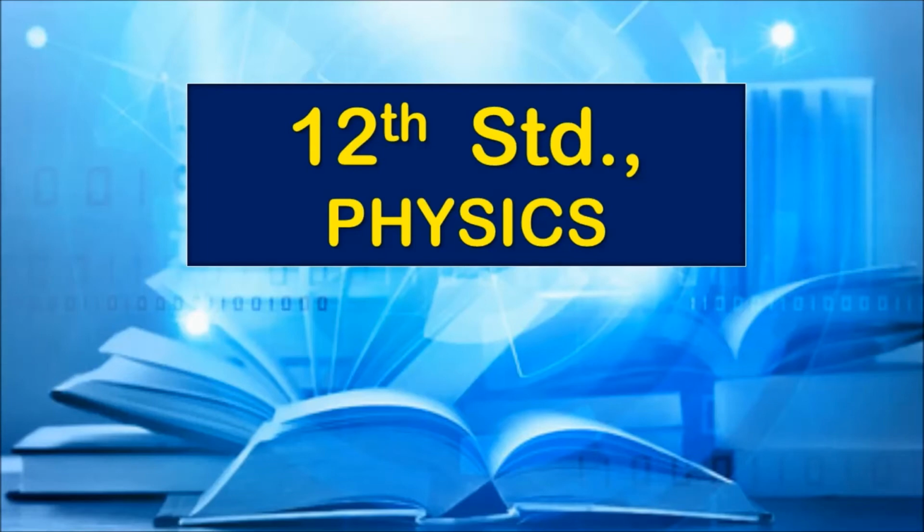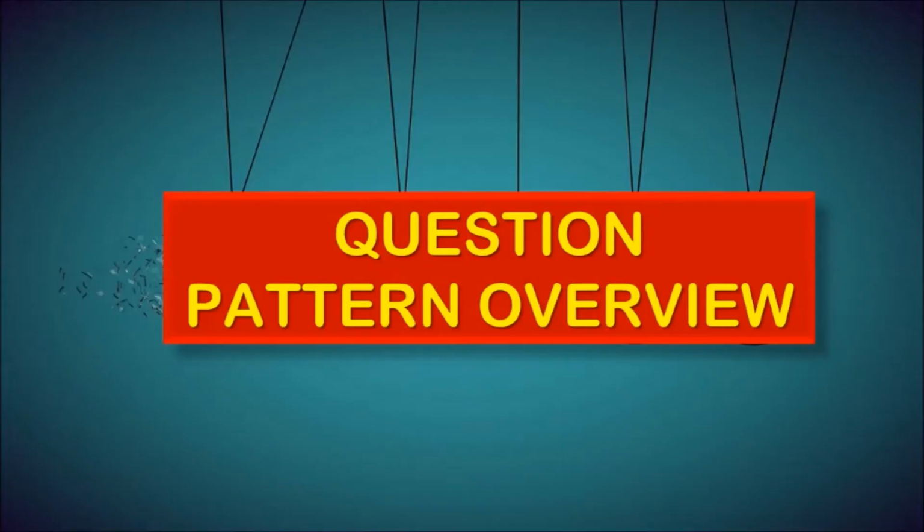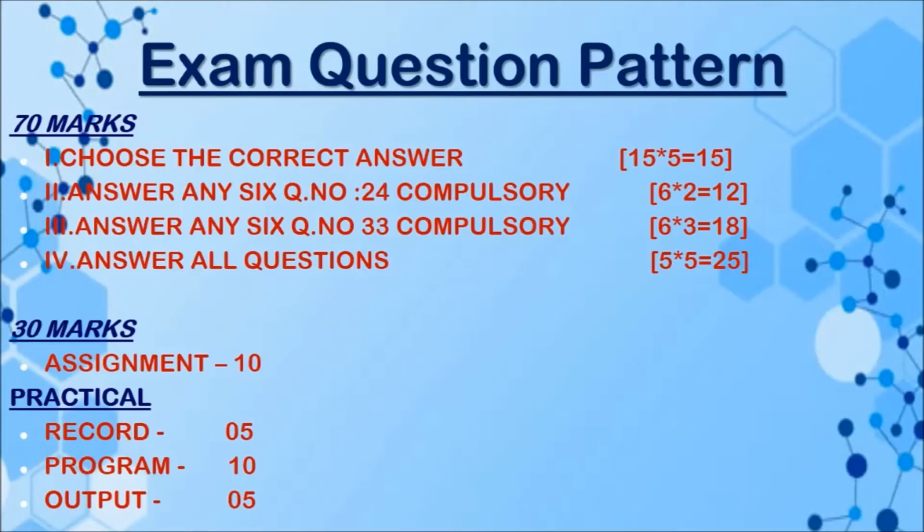Hi students, today we are going to see class 12 subject physics for the academic year 2021 to 2022. We discuss the question pattern and reduced syllabus. In physics, there are 100 marks in total. In this 100 marks, you have to write 70 marks for theory, then 20 marks for practical, then